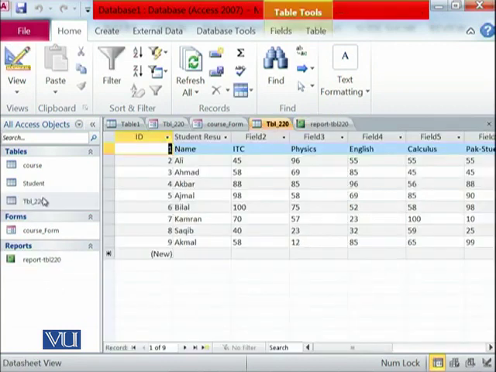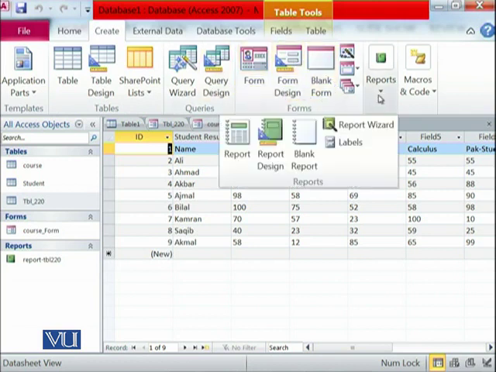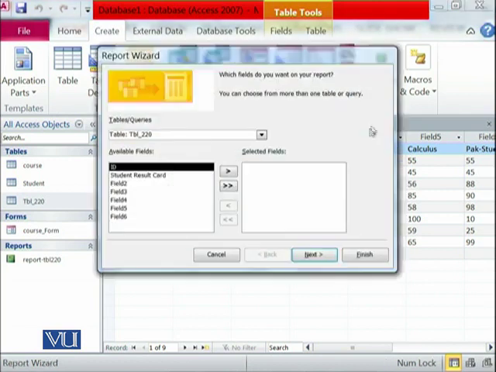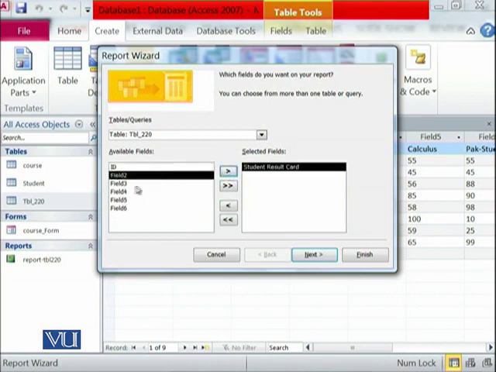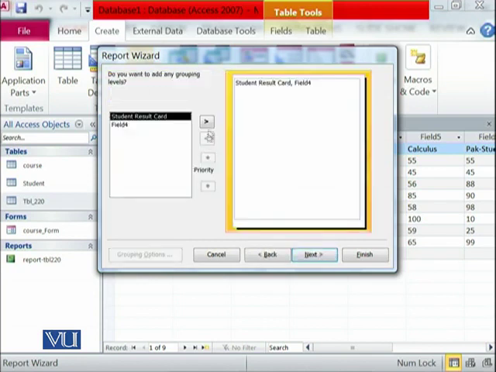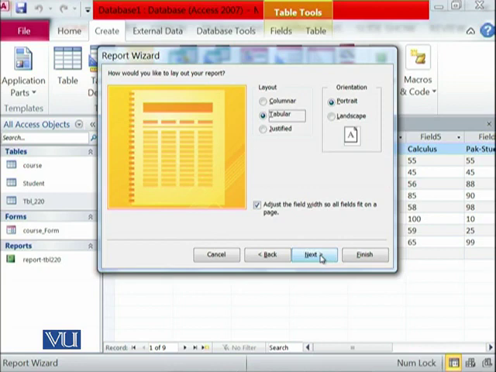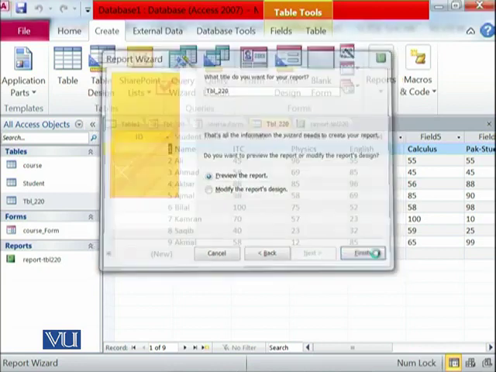So this was one way, and the next way is you go over here, Create, and then Report using the report wizard. Here I am interested in seeing just this field and this field, that's it. And then I am interested in seeing this in descending order. So let's see what happens.